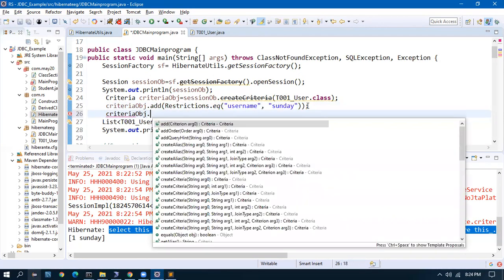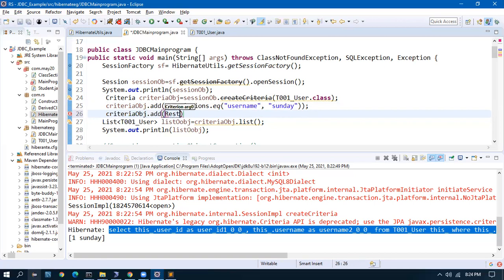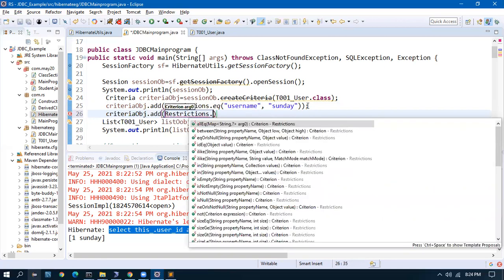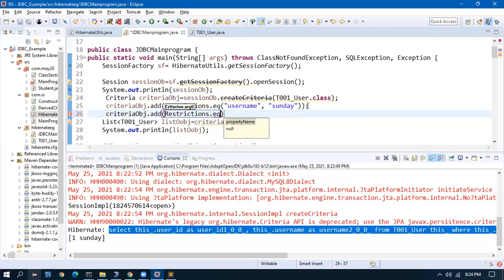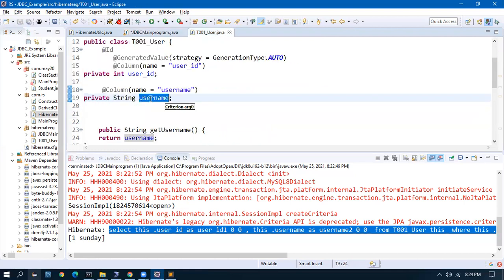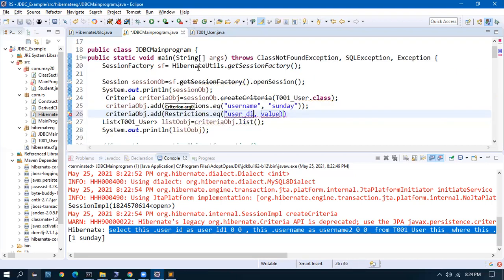Criteria obj dot add restrictions dot equal user underscore ID, right? What is the Java name? User underscore ID. So user underscore ID, the value is 4.